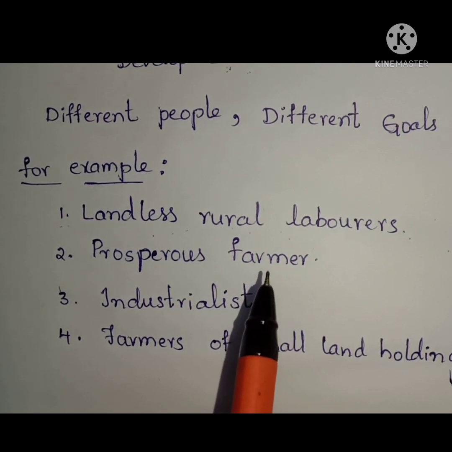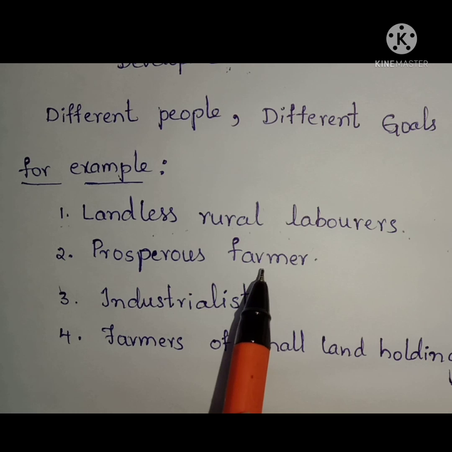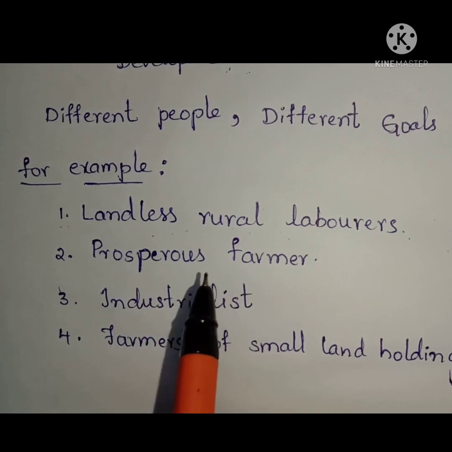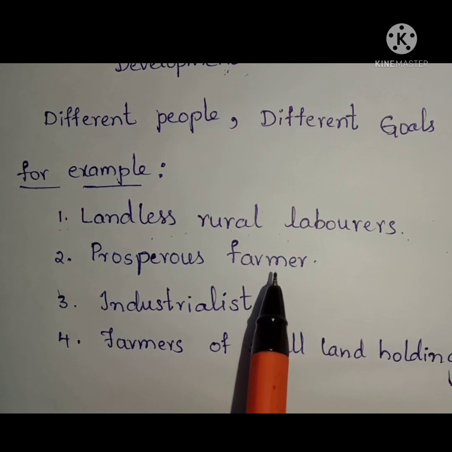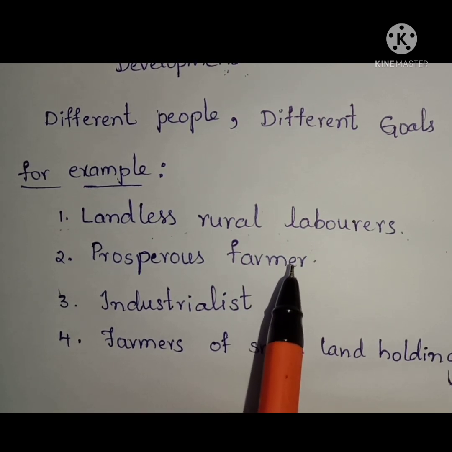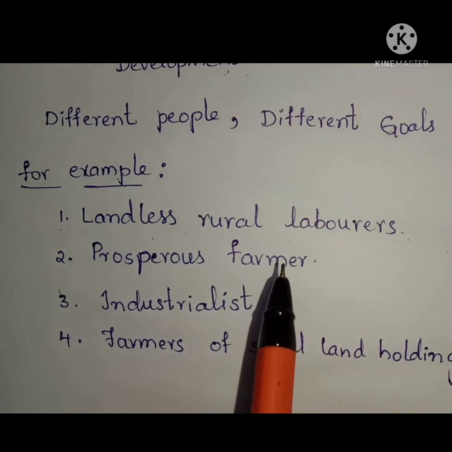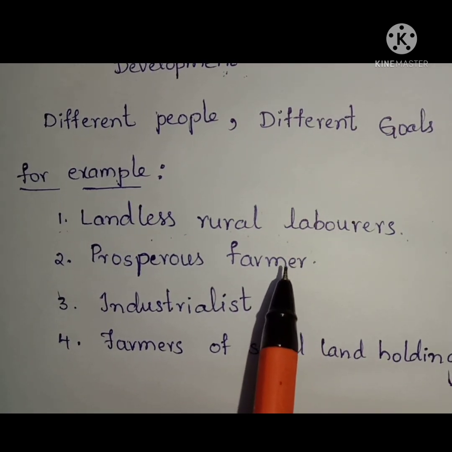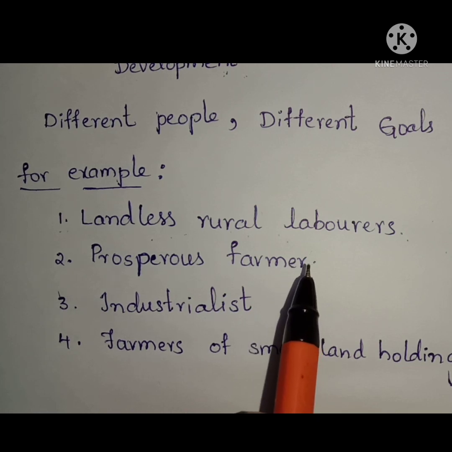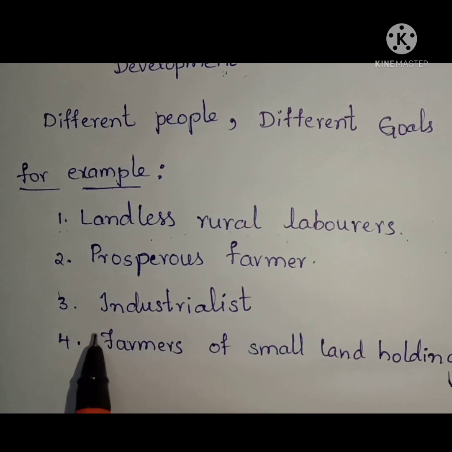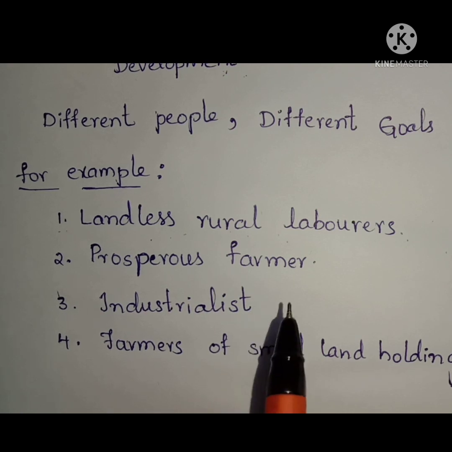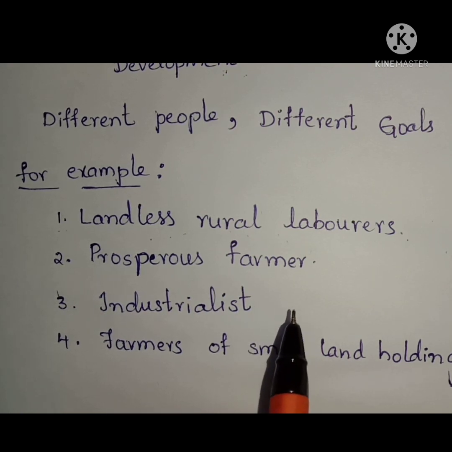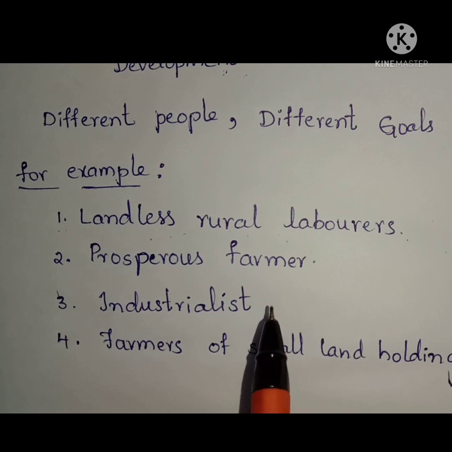All these things are developments for this prosperous farmer. So, the prosperous and well settled farmer's aspirations or goals are higher support prices for their crops, and hardworking and cheap laborers, and to be able to settle their children abroad. Next, the industrialist. Industrialists would want to build dams to get better electricity facilities and all.